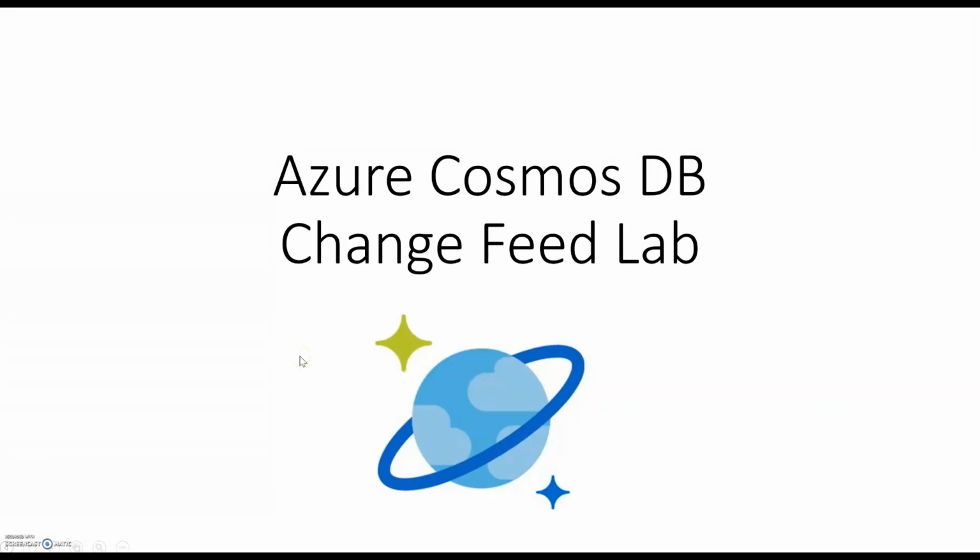For those of you who don't know, Azure Cosmos DB is Microsoft's globally distributed multi-model database service, which enables you to elastically and independently scale throughput and storage across any number of Azure regions, while guaranteeing comprehensive SLAs for throughput, latency, availability, and consistency. In this lab, we will be focusing on the Azure Cosmos DB change feed feature, which